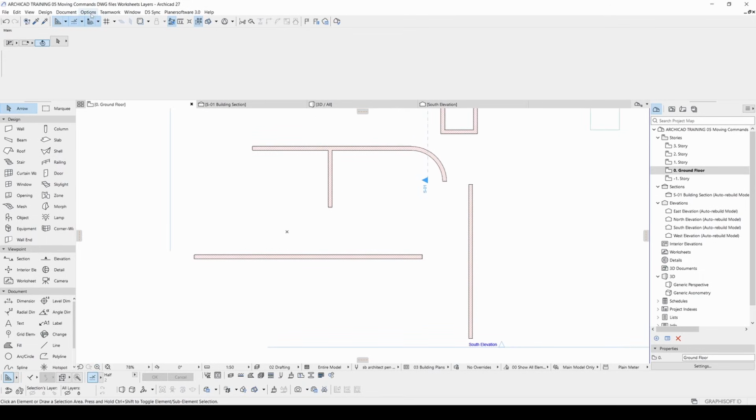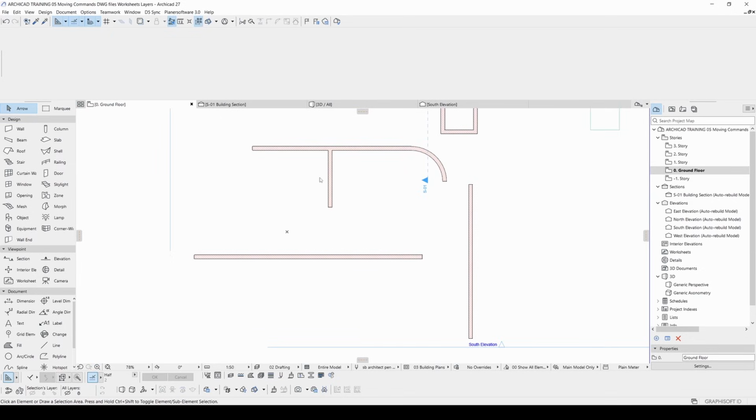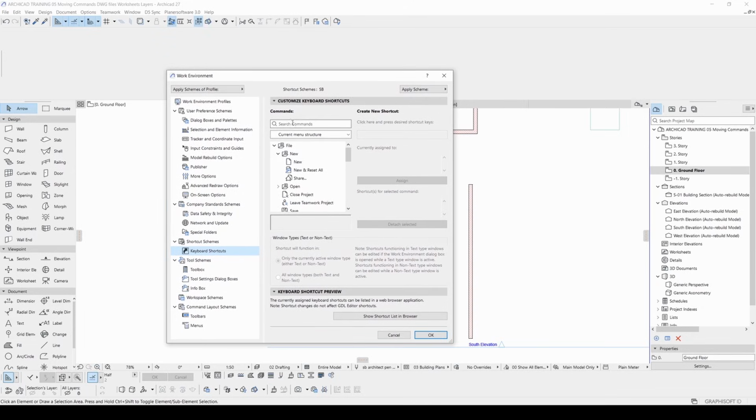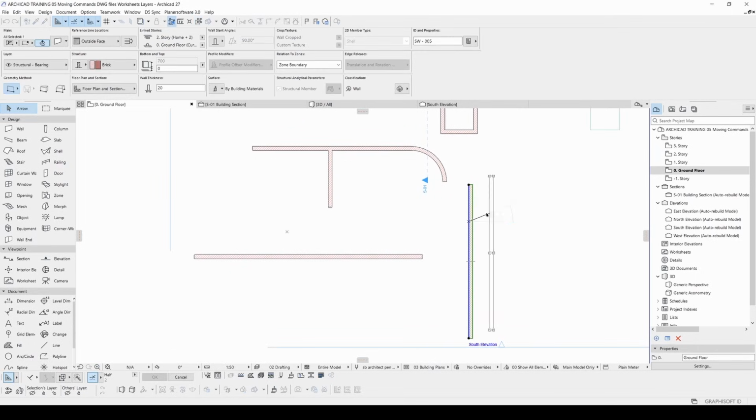To change the shortcuts, you will go to options, click work environments, and click keyboard shortcuts. After that, you will see a box here, and you can just type in like drag, and by clicking it, you will see its shortcut. I have two shortcuts right now. First, the default Ctrl+D, and second, my shortcut is D. From my keyboard, if I hit the D, it will immediately move my element,